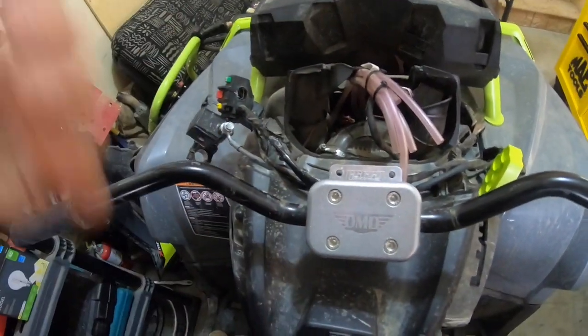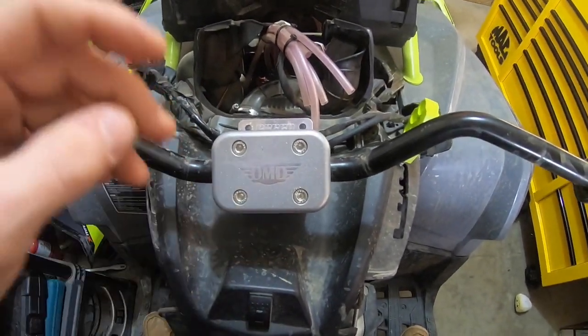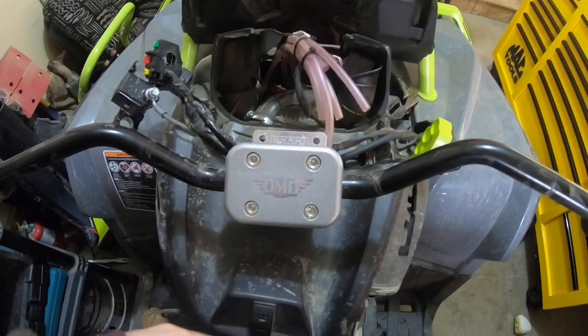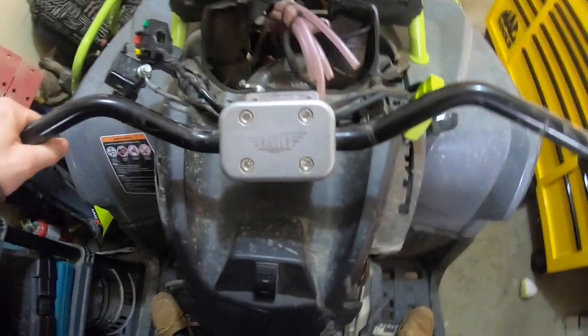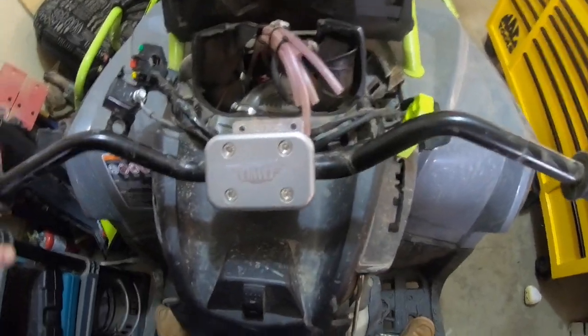I already had my mud strap off. Since I got the OMD bracket, she's a 9mm to take those off. We'll pop them off and I'll get the new bars on, and to